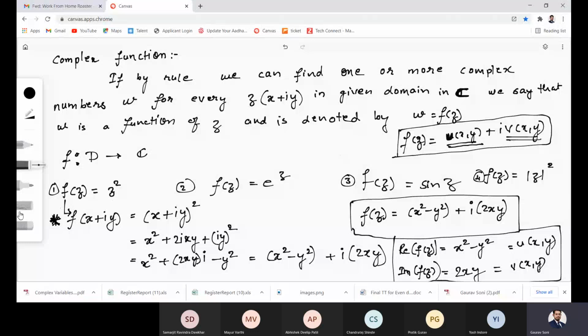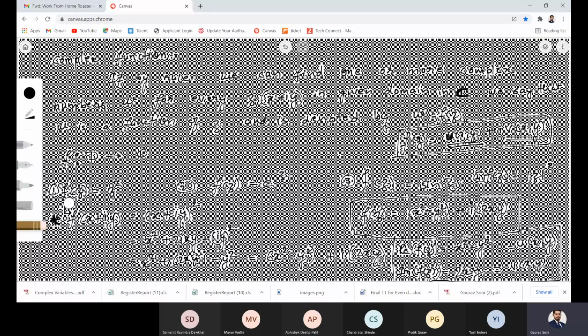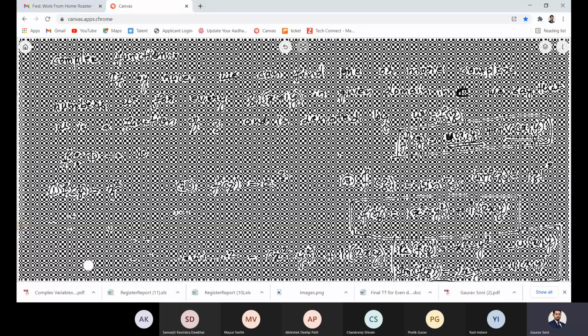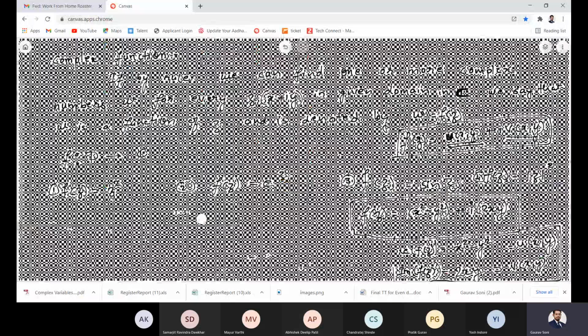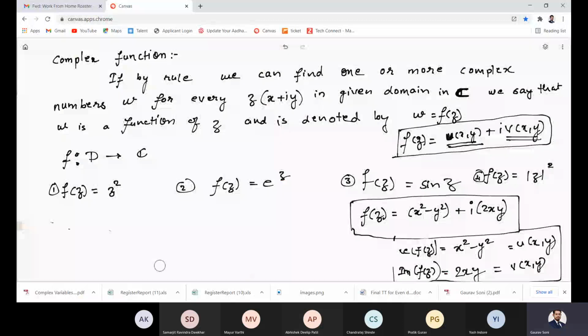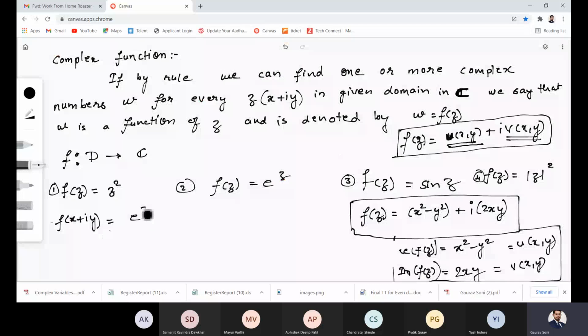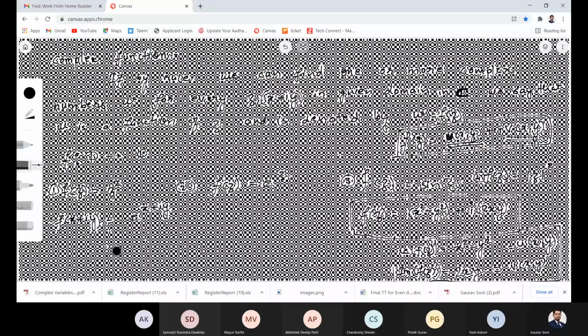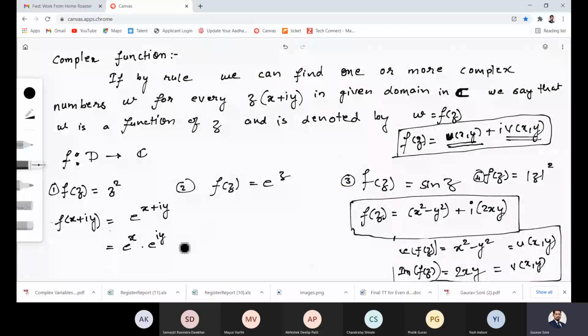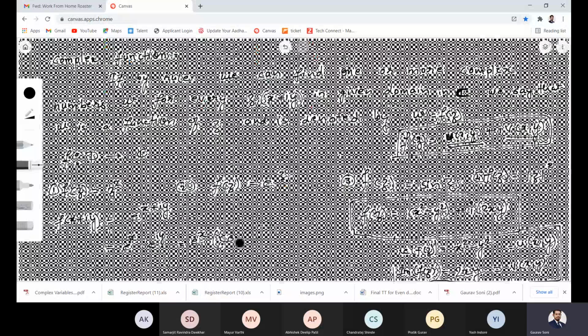As I have done for the first one, I can also do it for the second one. I'll start with the second function and see what real part and imaginary part I get. Even for objective examples, you should be able to do this for every function. So f of z is equal to e raised to z. f of x plus iy is equal to e raised to x plus iy. There is addition, so I can write this as e raised to x into e raised to iy by properties of indices. e raised to iy can be written as cos y plus i sin y. This is by